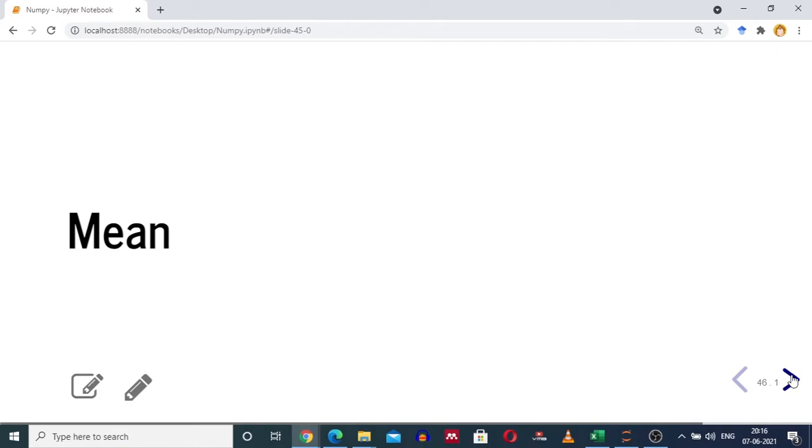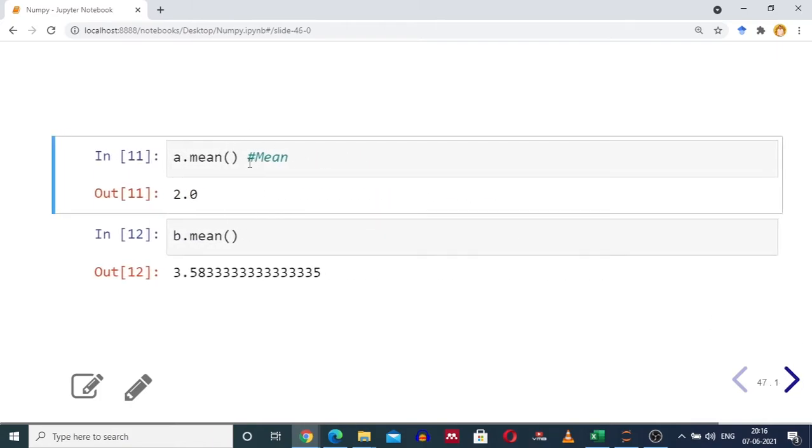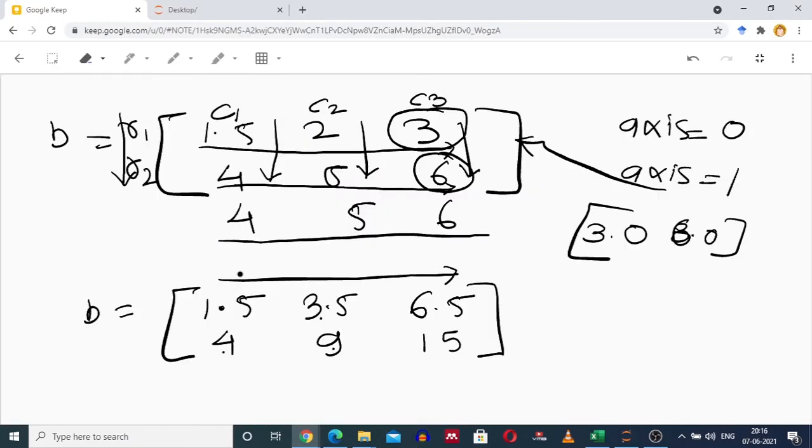So a dot mean function will give the mean of NumPy array A, which is 2.0. B dot mean function will give the mean of NumPy array B, which is 3.58. Moving to the drawing board, we have